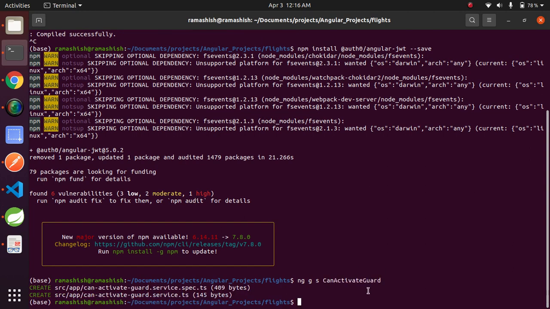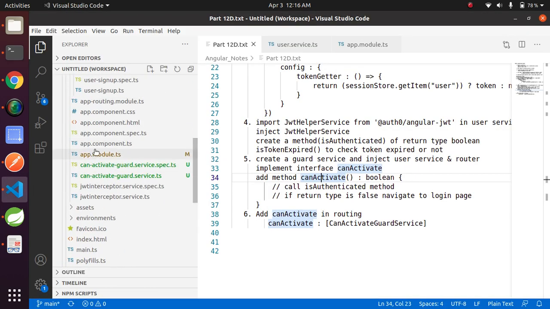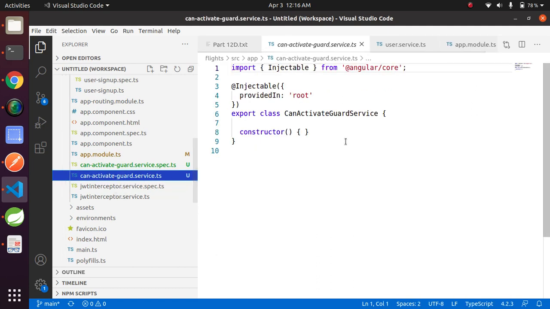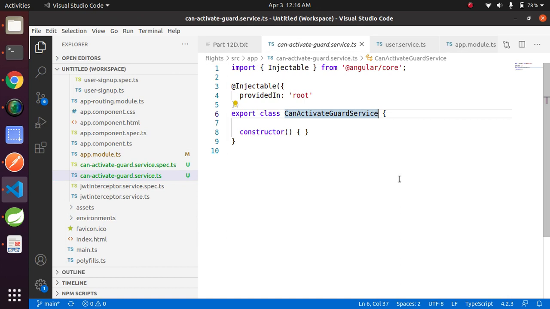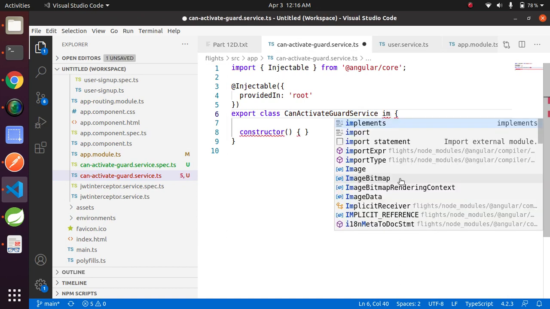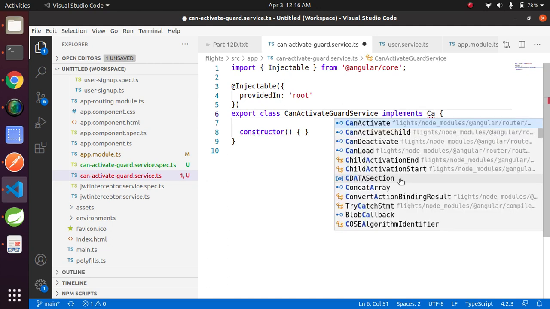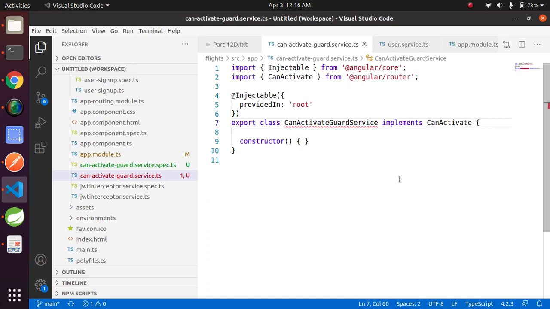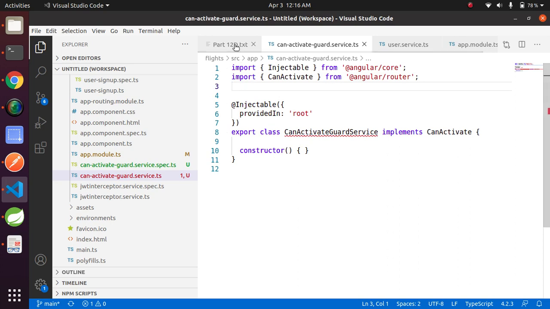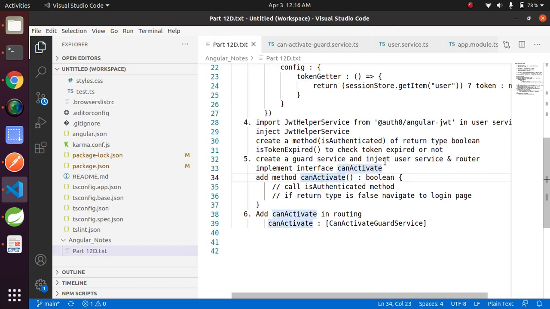Service created successfully. Go to your project repository and here just implement the interface CanActivate to make this service work as a CanActivate guard. Now the next step is to inject user service and router.